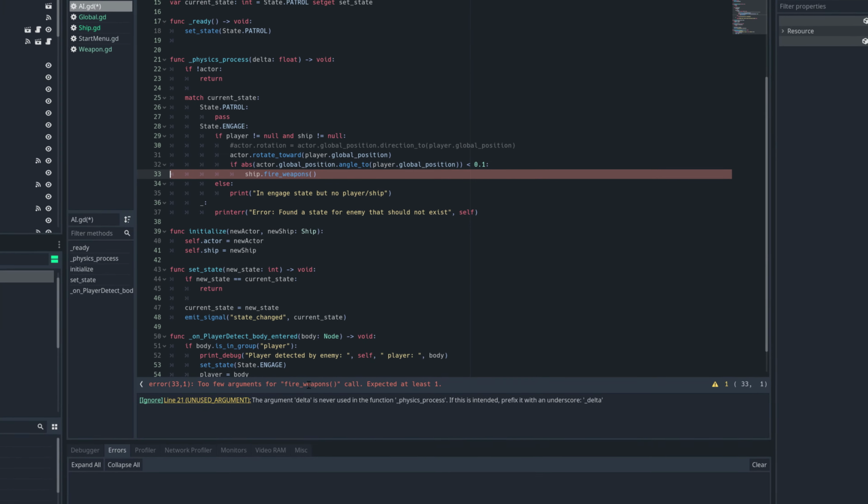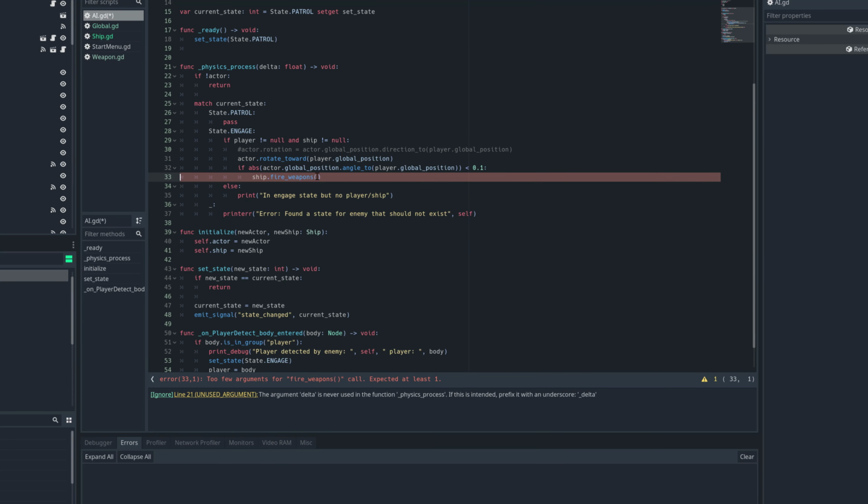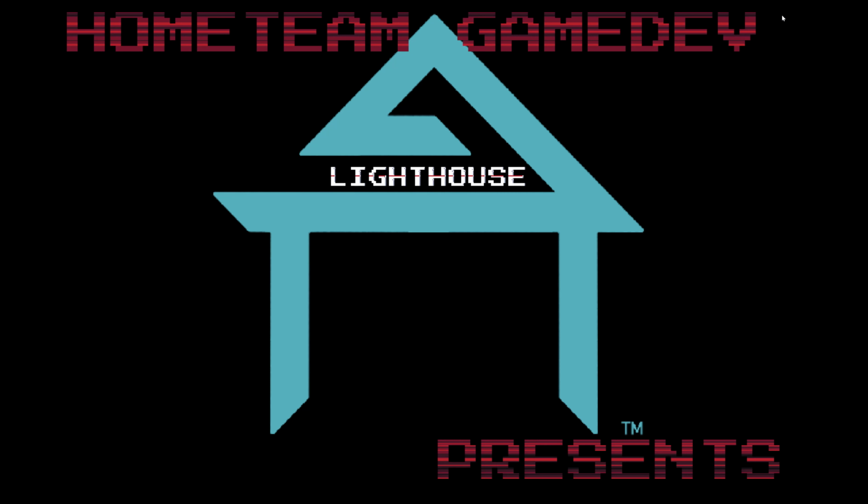So I dug in just a real quick bit without thinking too much about it, and I looked and I said, oh, it requires parent velocity. So I came back and I just absent-mindedly typed in a float 1.0. That's a velocity, right? So I fired up the game,